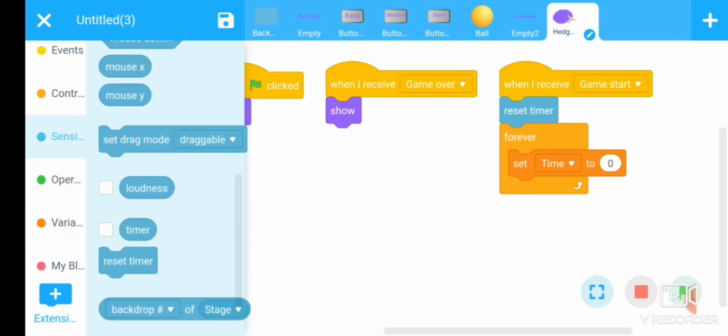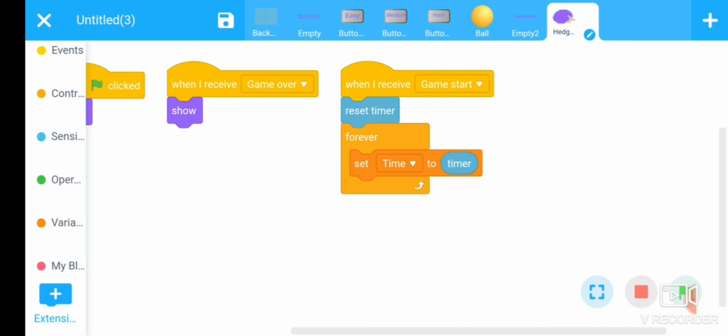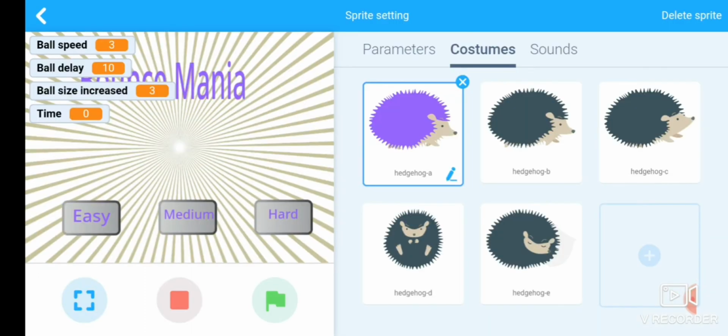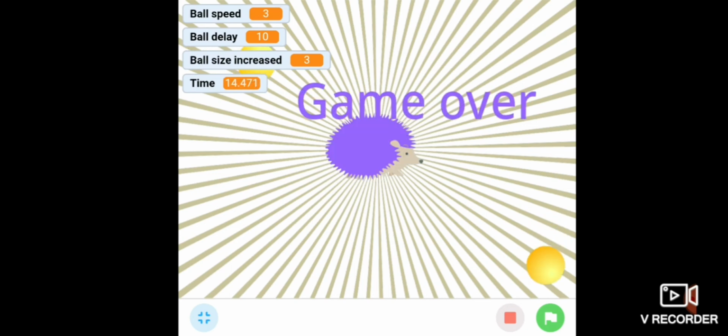In the sensing section, there is a timer command that indicates the time. Put it there and you can see on the screen the game has started. Whenever the ball touches the mouse pointer, the game is over.